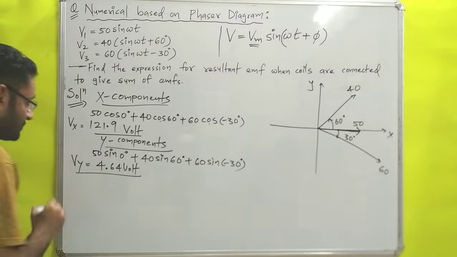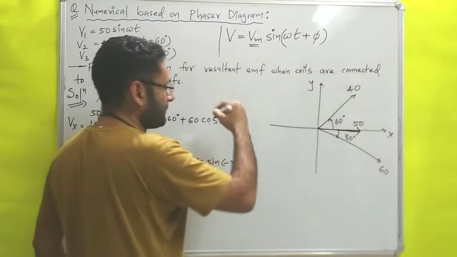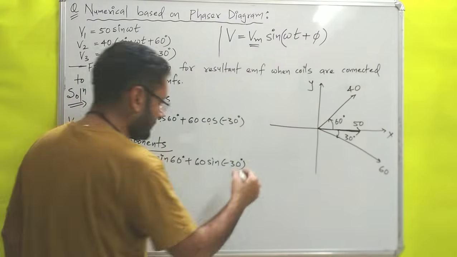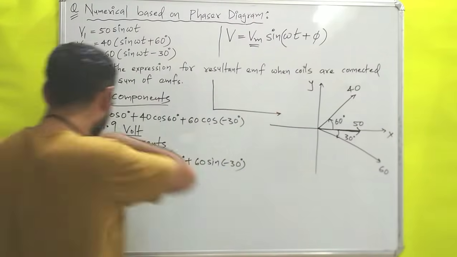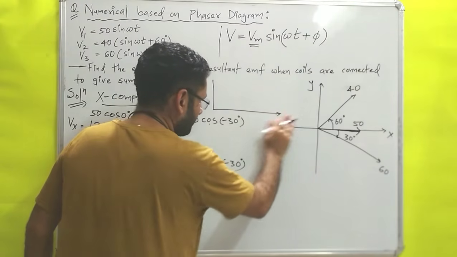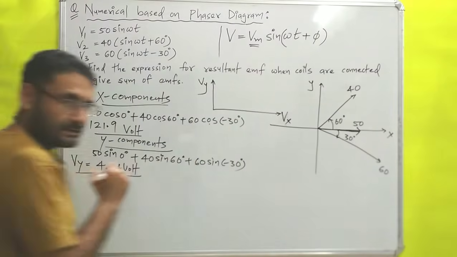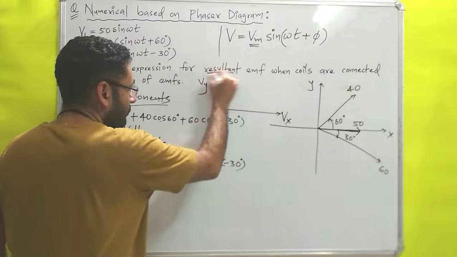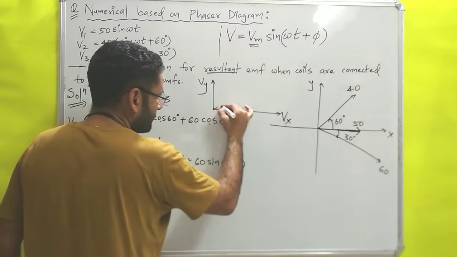Okay, so Vx and Vy, two components we have. Now we know very well that the X component and Y component are at an angle of 90 degrees. So over here I will draw a diagram, both at 90 degrees: that is Vx, and that will be your Vy. Now you have two vectors and you have to find the resultant. So for that, what will you do?